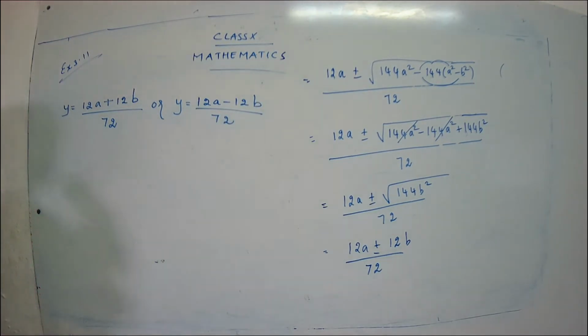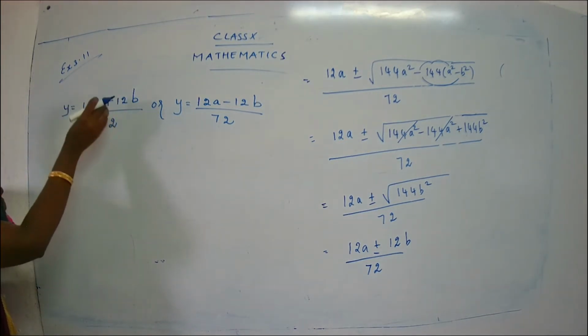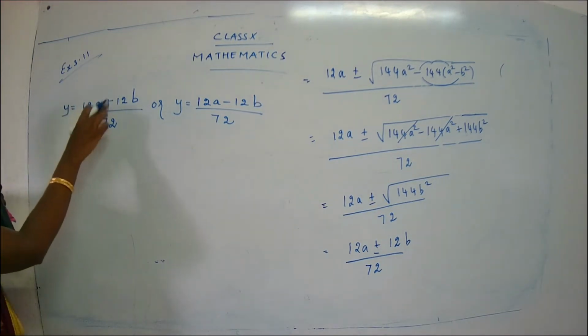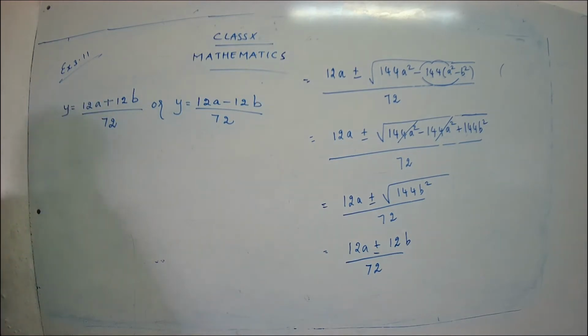Clear? So what is y? So y is equal to 12a plus, first we take this plus sign and then a minus sign. Now let's try to simplify the answer. Now 12a plus 12b, yes children. Don't do any cancellation directly. We cannot cut anything because this is in the form of a sum. If you have a multiplication sign, we can do some cancellation. But here what is the sign used? Plus. So we cannot cancel anything.